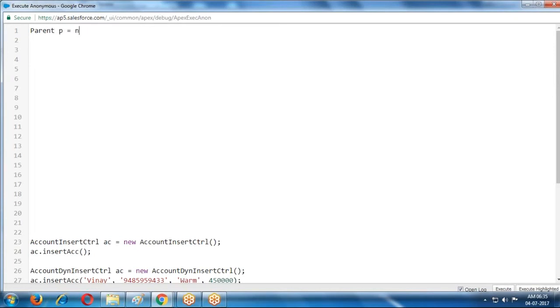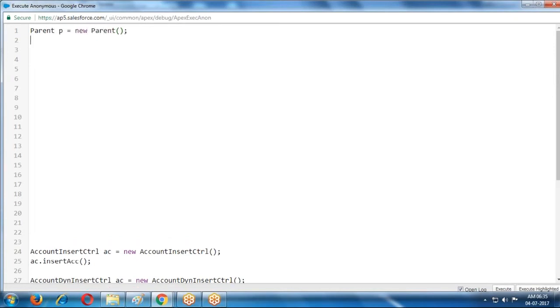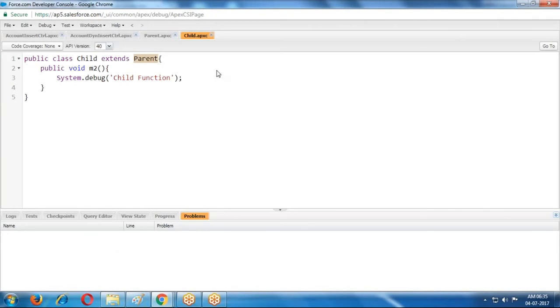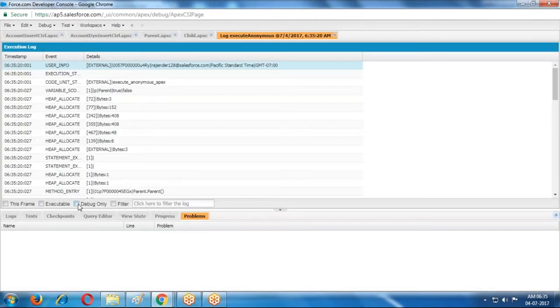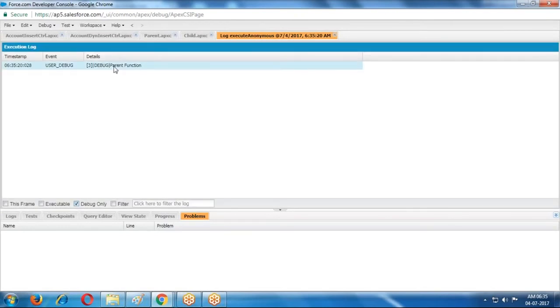P equals new parent. I'm calling the p.m1 method. Whenever I'm executing this p.m1 method, we are getting the output. The output is parent function, from the parent function.